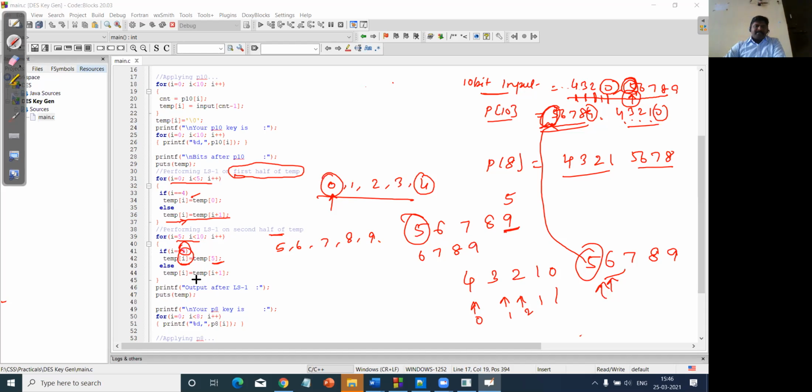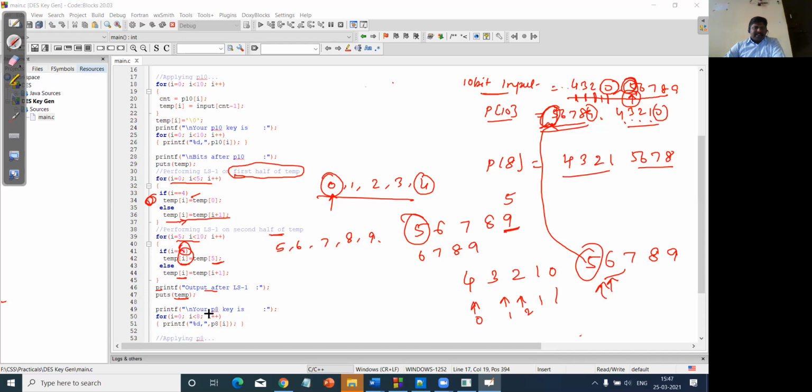Otherwise I'm just going to replace the value with whatever is in the next position. This is a simple left shift operation, right? Temp of i is equal to temp of i plus 1. And followed by whatever values we have, I'm going to print after LS1 whatever is stored in the corresponding temp.